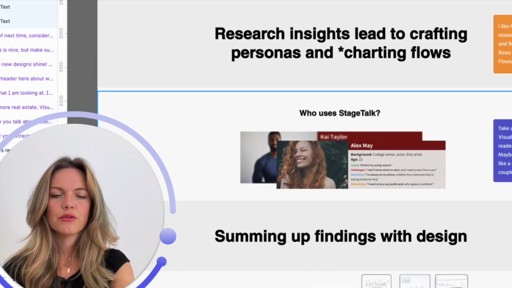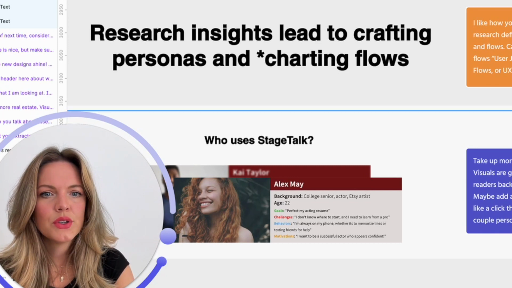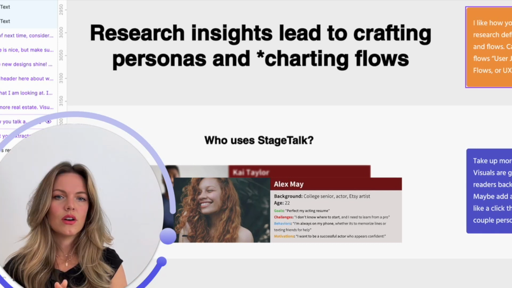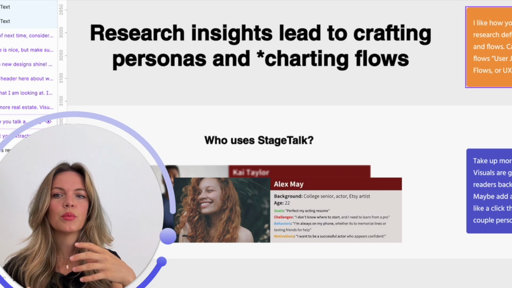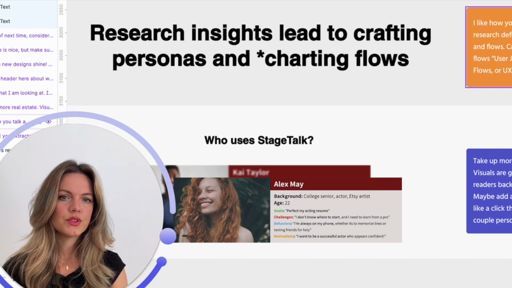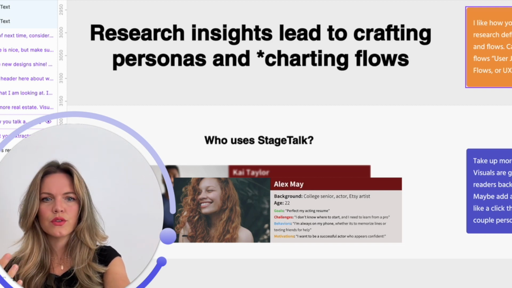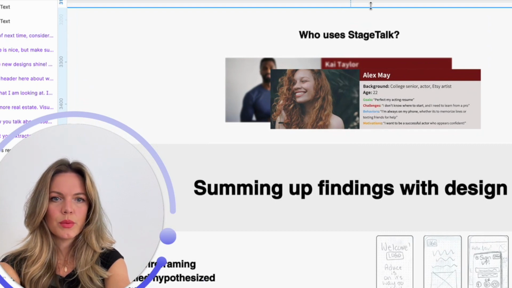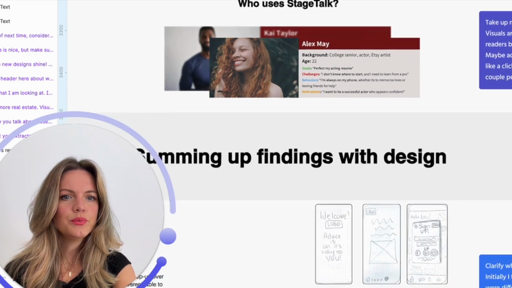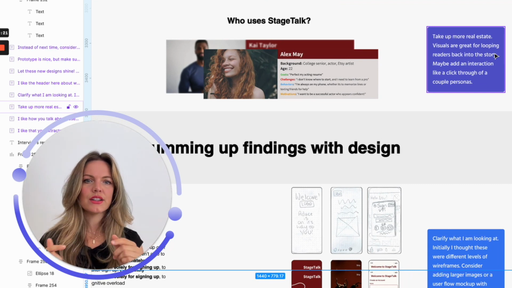Next section, research insights led to crafting personas and charting flows. So I like how you talk about research defining personas and flows. What she's saying here is that the research insights led or influenced her personas and user flows. I would say charting flows, like user journeys, UX flows, or user flows. And then you move into a visual of your personas. Love that, love a good visual, but take up more real estate. Visuals are great for looping readers back into the story,